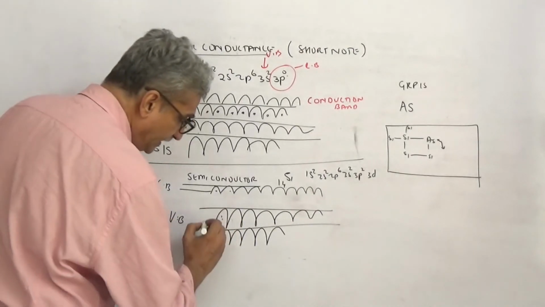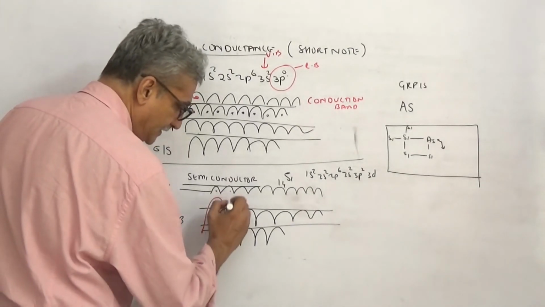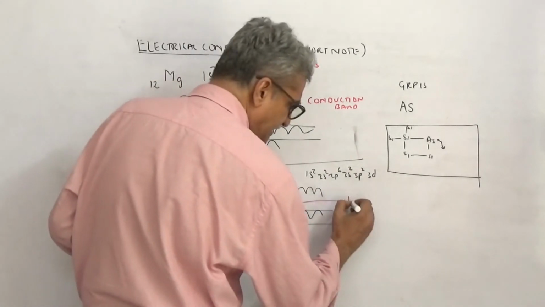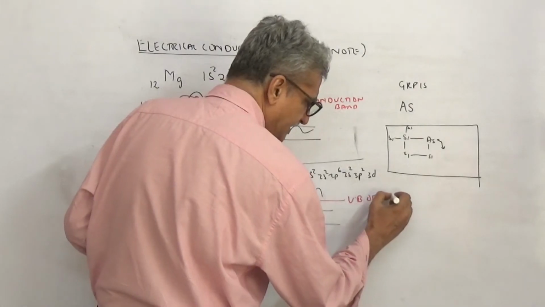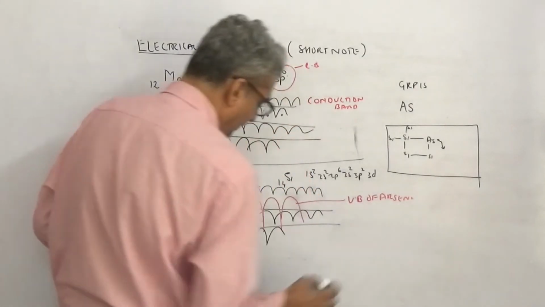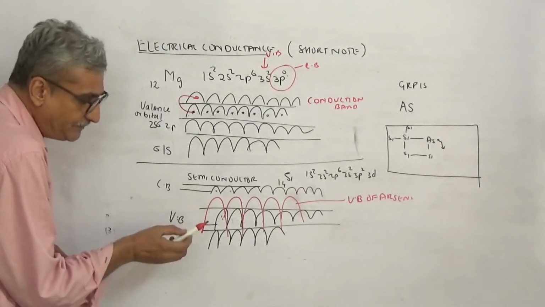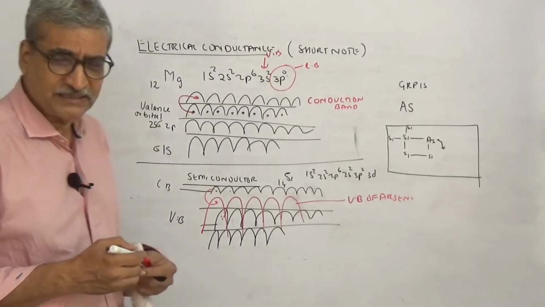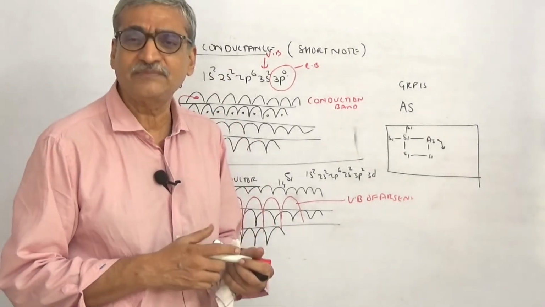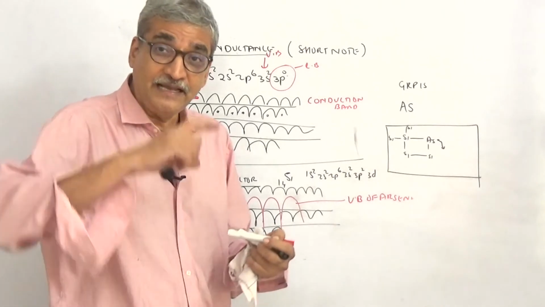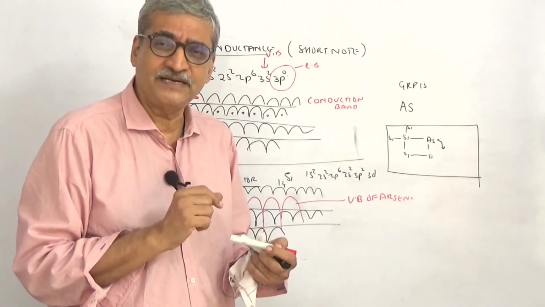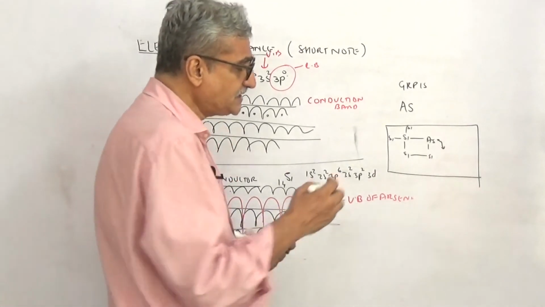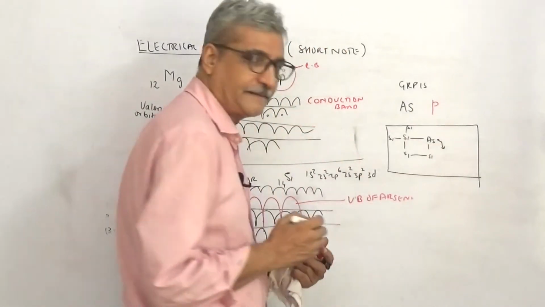The conduction band and valence band of arsenic will be like this. So this is the valence band of arsenic. What has that done? That has bridged the gap. So now the electron of arsenic can also jump. It doesn't matter whether it is the electron of silicon or of arsenic. What has happened? The electron of arsenic has also jumped from the valence band into the conduction band, so that increases conductivity. Is that clear? So this type of conductor is called a p-type conductor.